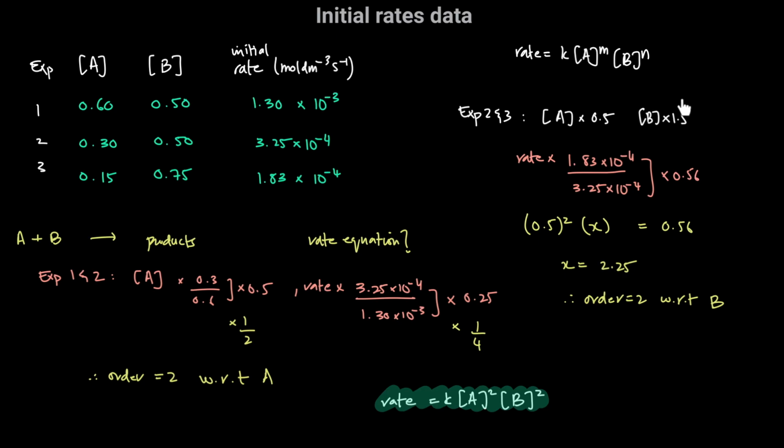Okay, changing the concentration of B by a factor of 1.5 changes the rate by a factor of 2.25. 1.5 to what power gives you 2.25? 1.5 squared is 2.25, right? 1.5 to the power of 2. So therefore it is order 2 with respect to